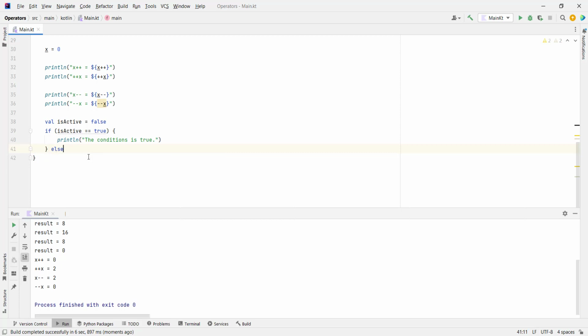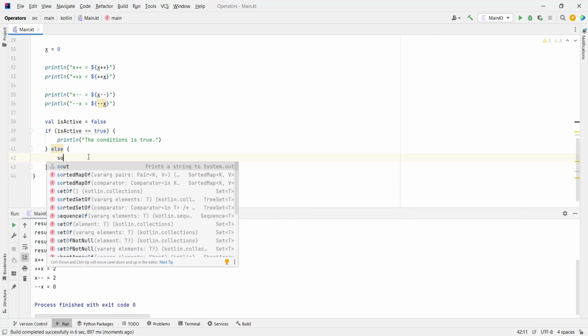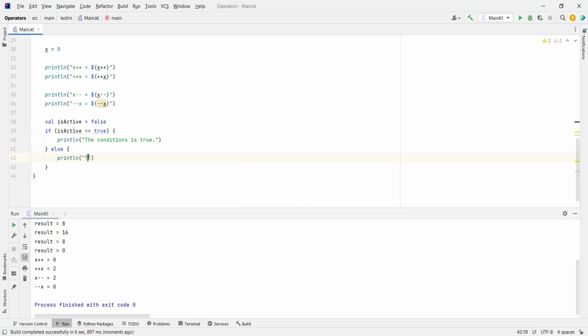So we can put here else. So if the condition is false, do something else. So I'm going to type here SOUT, and I'm going to type the condition. So this else part is going to be executed only if the condition inside the if is false. So I'm going to type the condition is false. So now if you run this,